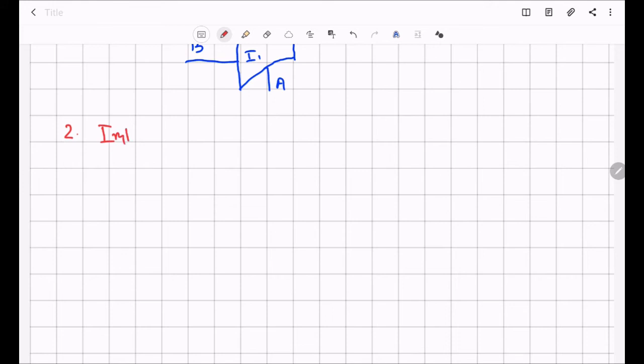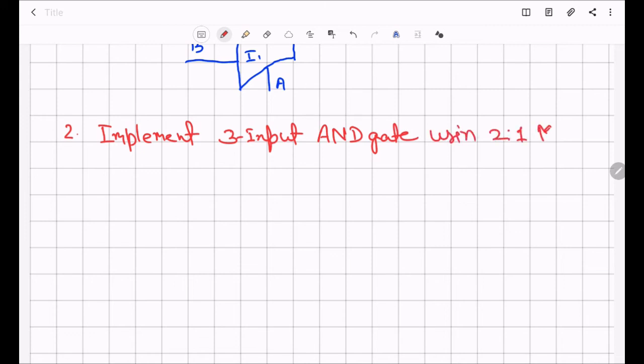Implement three input AND gate using 2:1 mux. So let us call the inputs are A, B and C, and the output is F.